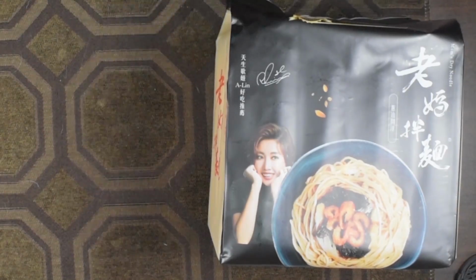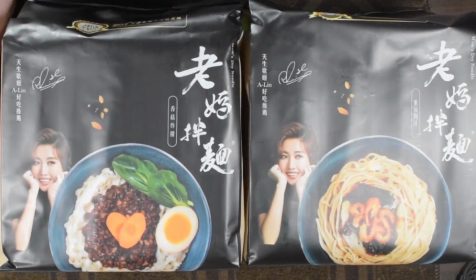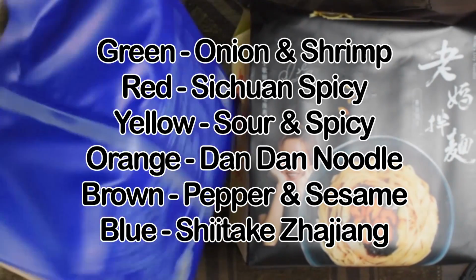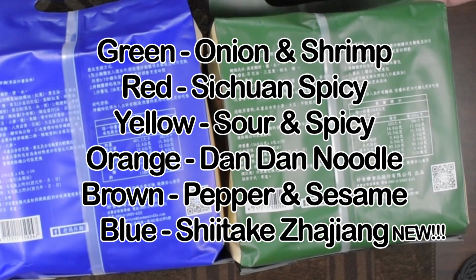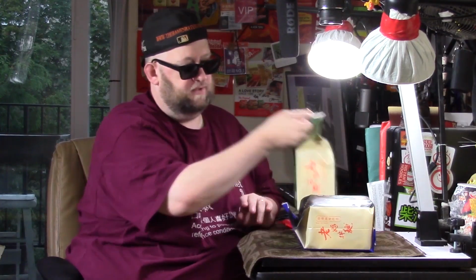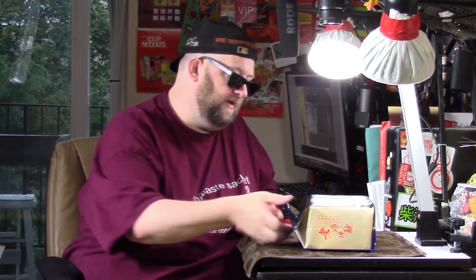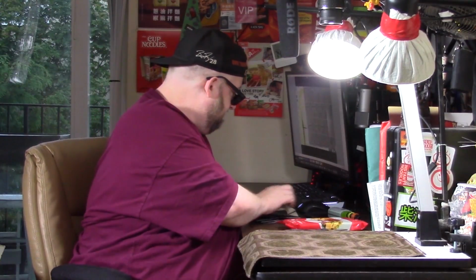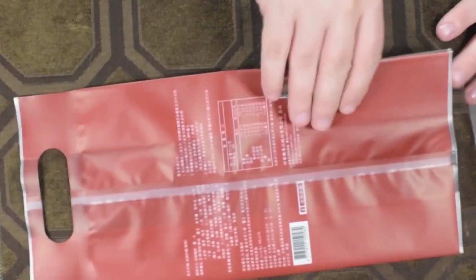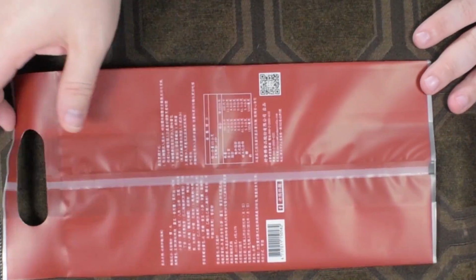Yeah, that's better. See, how about this one? I'm not sure which these are. I'll have to ask for a list of the color codes because they're all color coded, as you can see on the back. The thing is though, most people who are having this, they can read that. So actually, they included something else I asked about, and it was super kind of them to do so. Check it out. This is an unused package, which when it comes to scanning them and everything, is going to be much easier. But yeah, as you can see,